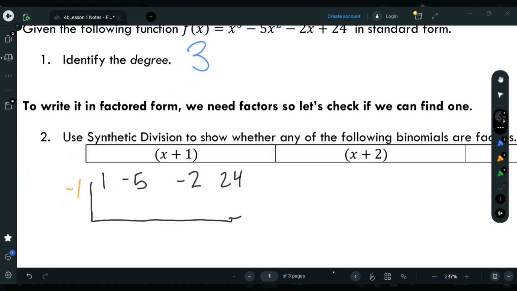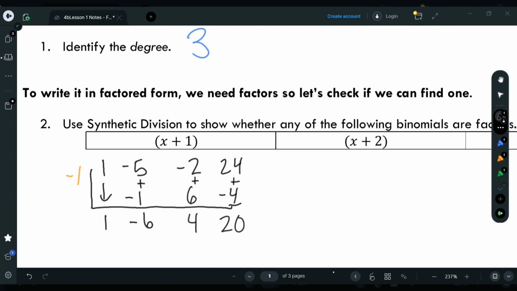Okay, and let's do it here. Bring down the 1. 1 times -1 is a -1. Let's add these together. -6. Again, multiply there and there. Negative times negative is a positive. Add these together, we get 4. 4 times -1, -4. And when we add these together,